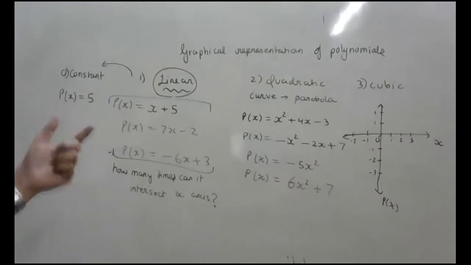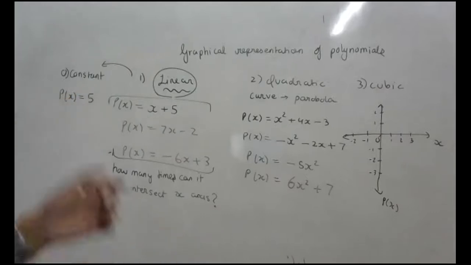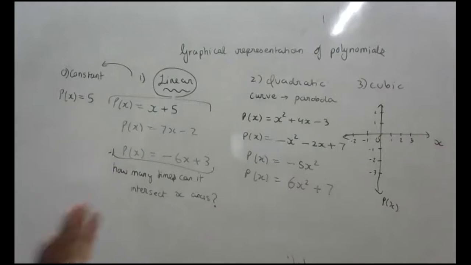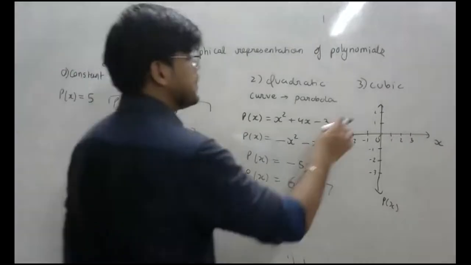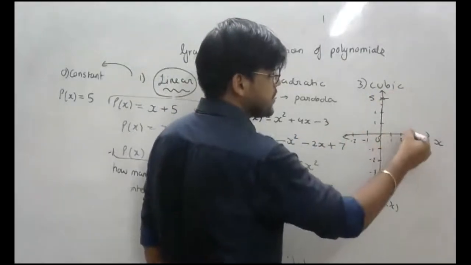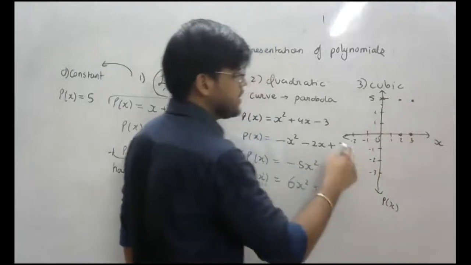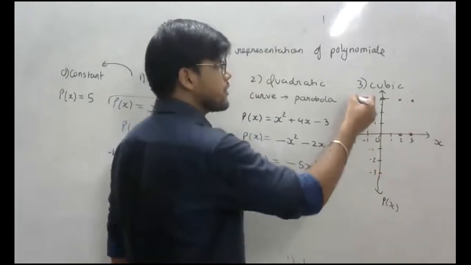When I have p of x equals 5, here we don't have the x term. X की term नहीं है, it is missing. So that means the value of p of x is 5 and it will not change whatever value you are taking for x. मतलब x की value कुछ भी हो, value of p of x is 5. Even if x is 3, p of x will be 5. Even if x is 2, p of x will be 5. Even if I take x to be minus 2, p of x will be 5.